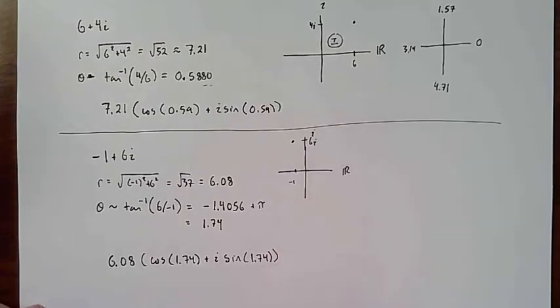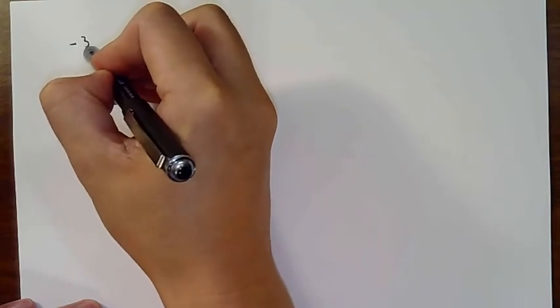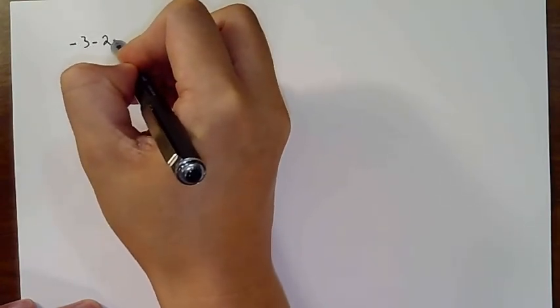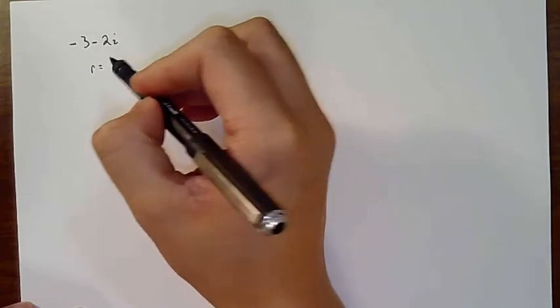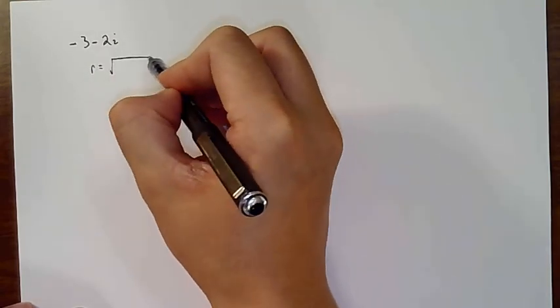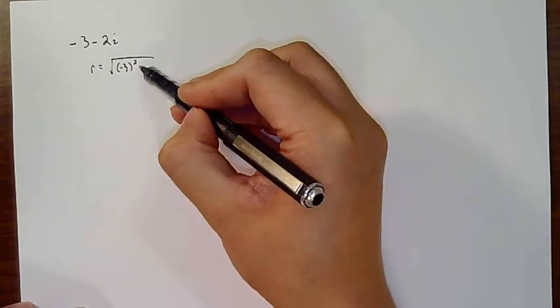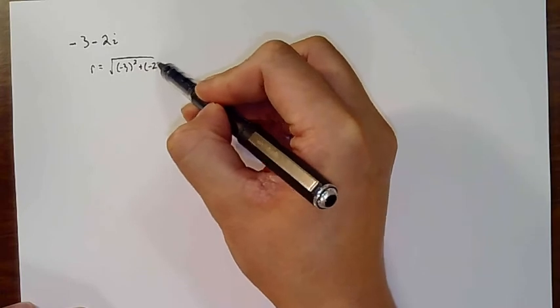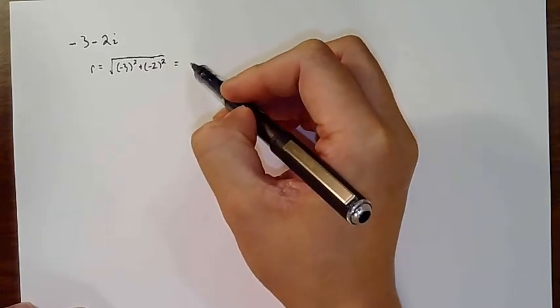All right, let's do 2 more. All right, let's do -3 minus 2i. So let's find r. r is the square root of -3 squared plus -2 squared. So this is square root 13,